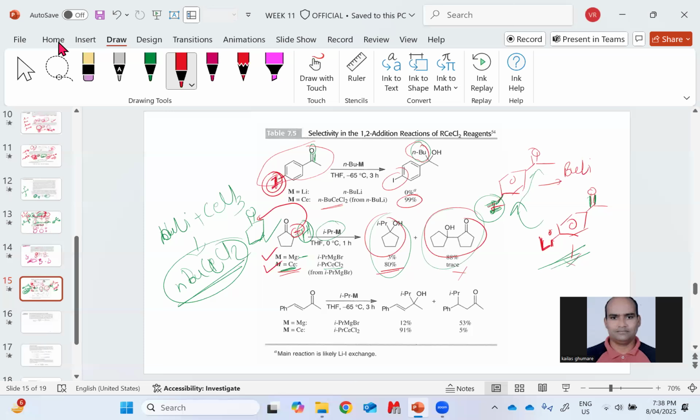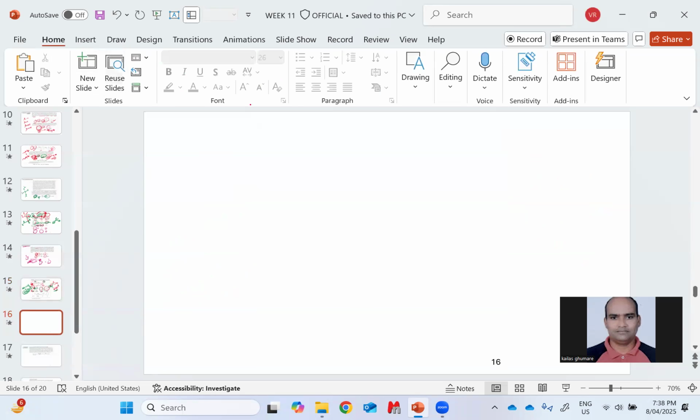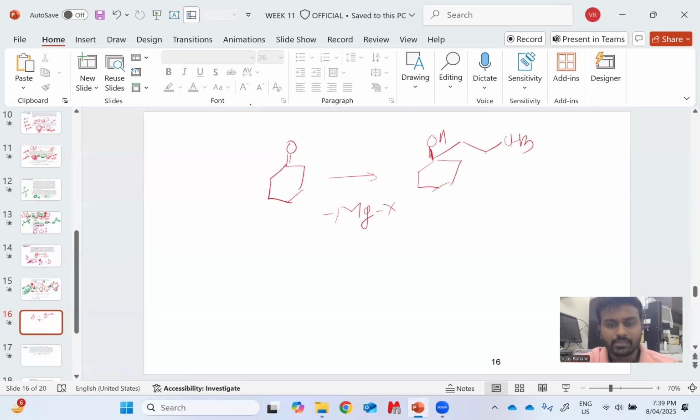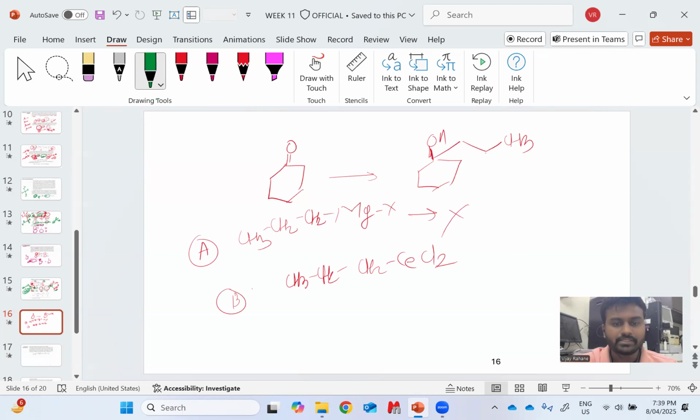So if you have some other examples, like let's say you want to selectively convert this reagent, these two, then at that time this MgX will not be helpful. If you use this one, that will not be useful, but instead if you use the CeCl2, so if you use this B reagent, at that time this B reagent will convert this group and give the product formation in very good yield compared to the previous one,